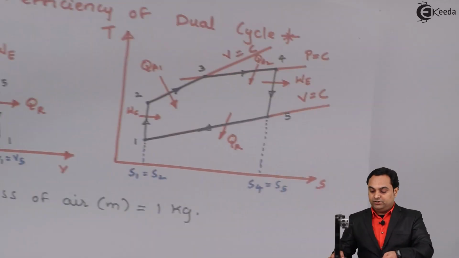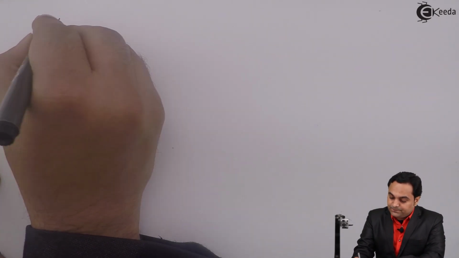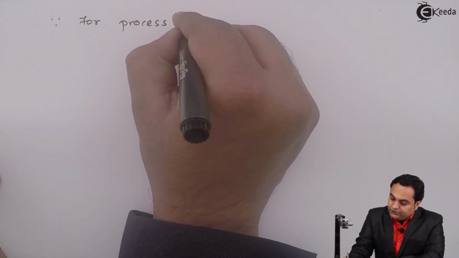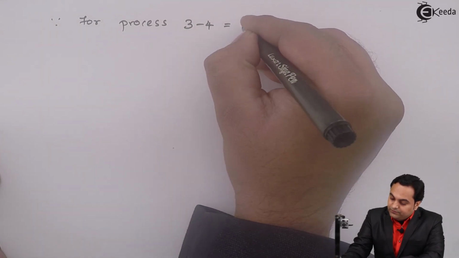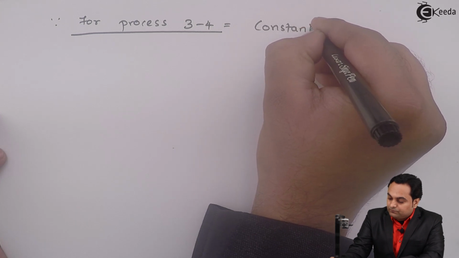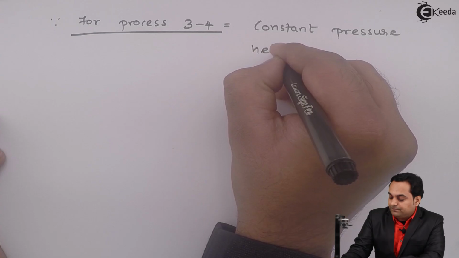So after reaching this, here I'll say that for process 3 to 4, that is constant pressure heat addition, I'll use the concept for the constant pressure heat addition. So I'll write down that since for process 3 to 4, that is constant pressure heat addition,